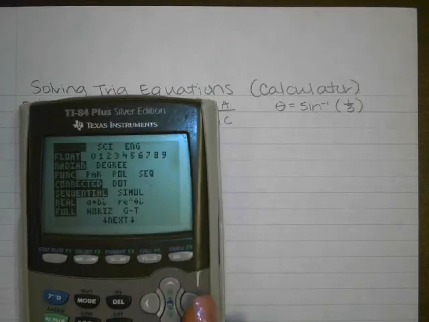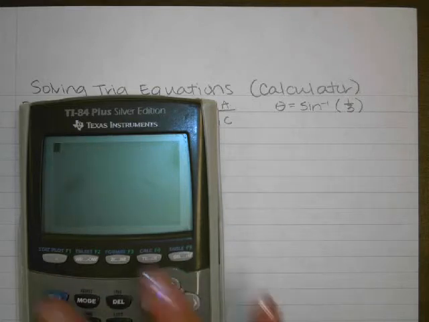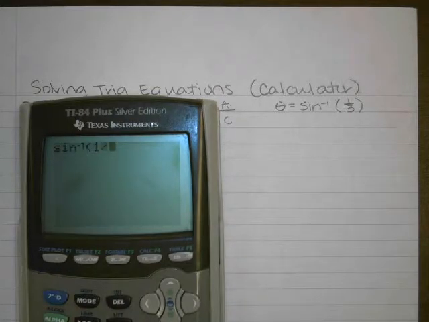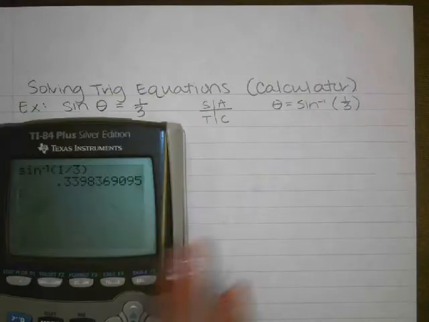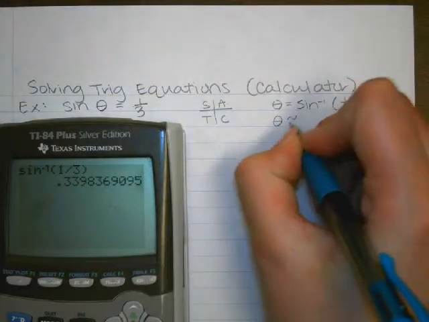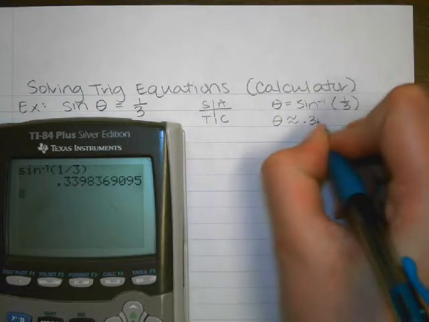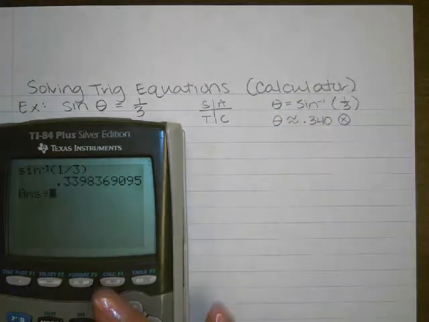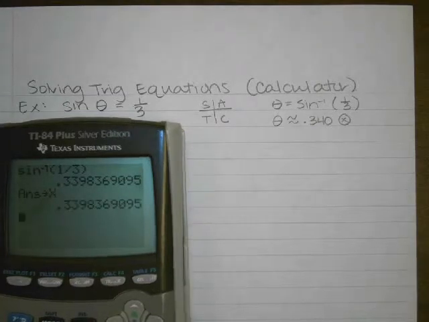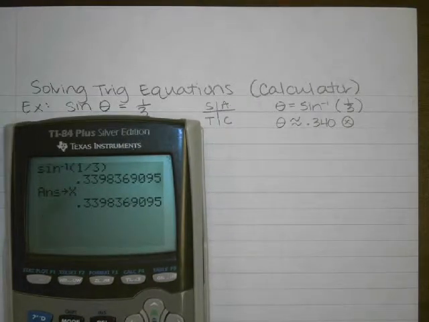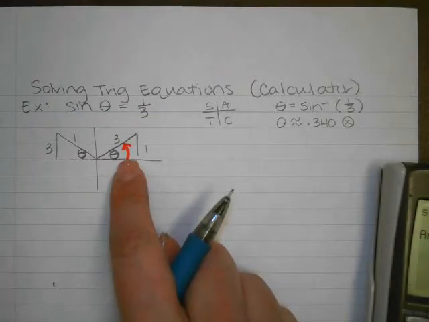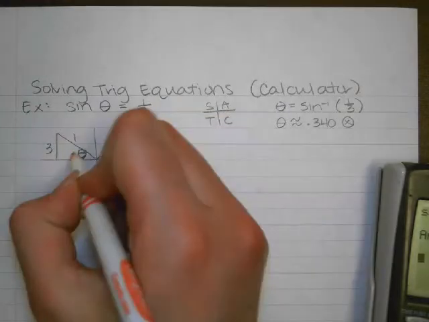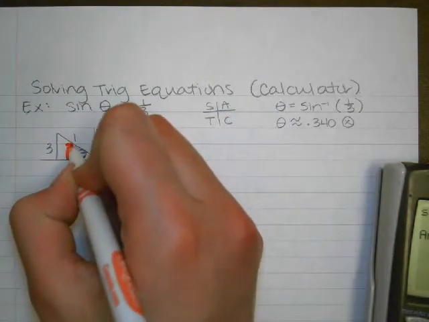So first, I'm just going to make sure that I'm in radians because we're finding answers between 0 and 2 pi. And then I'll go ahead and type sine inverse of 1/3. And that's 0.340. And I'm going to go ahead and store this as x because I'm going to need that decimal in a moment. Okay, so the amount of this angle was 0.340, and that means that the amount of this angle right here is also